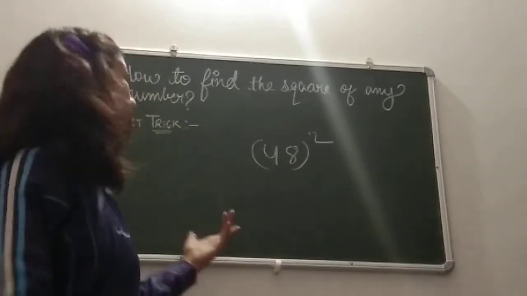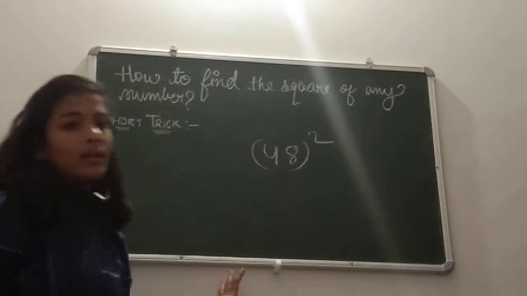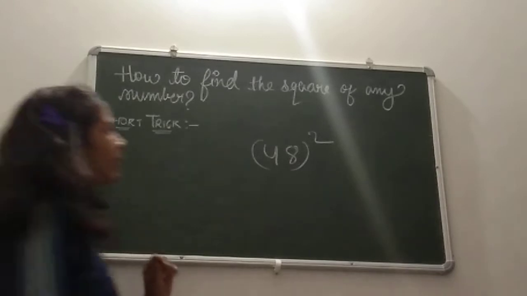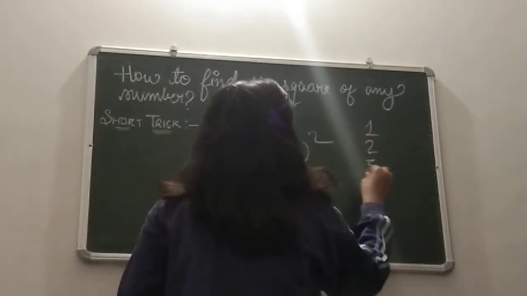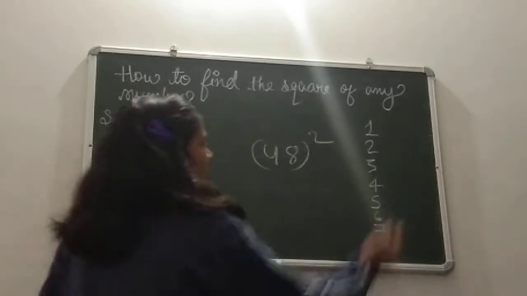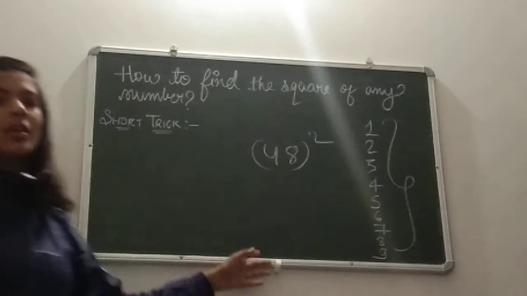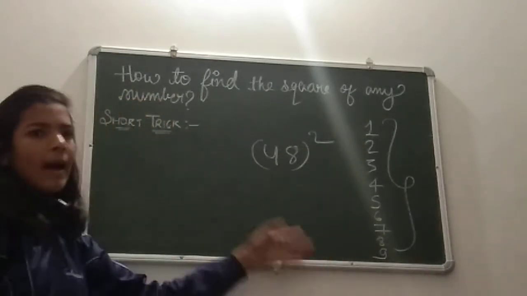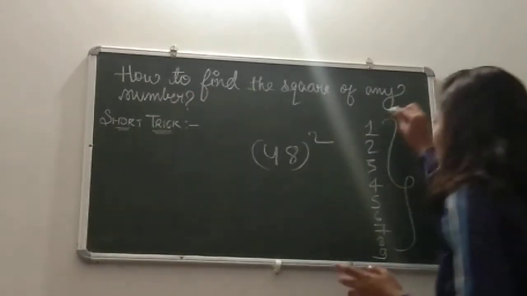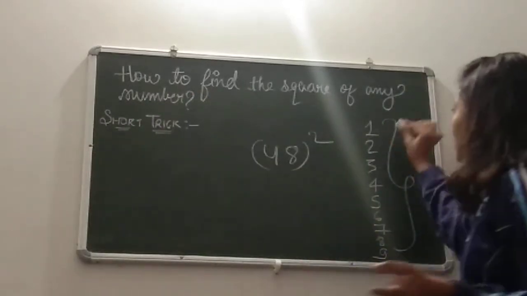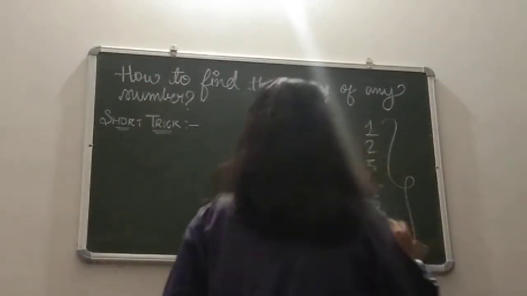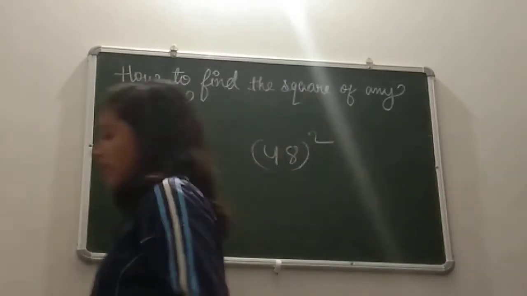As I am saying again, you all should know the squares of unit numbers like 1, 2, 3, 4, 5, 6, 7, 8 and 9, because these are necessary to know. I think we all know them, and there is no need to learn them because we can multiply these in our mind. If you don't know them, just learn them, it's really very easy. Now let's come to the trick.